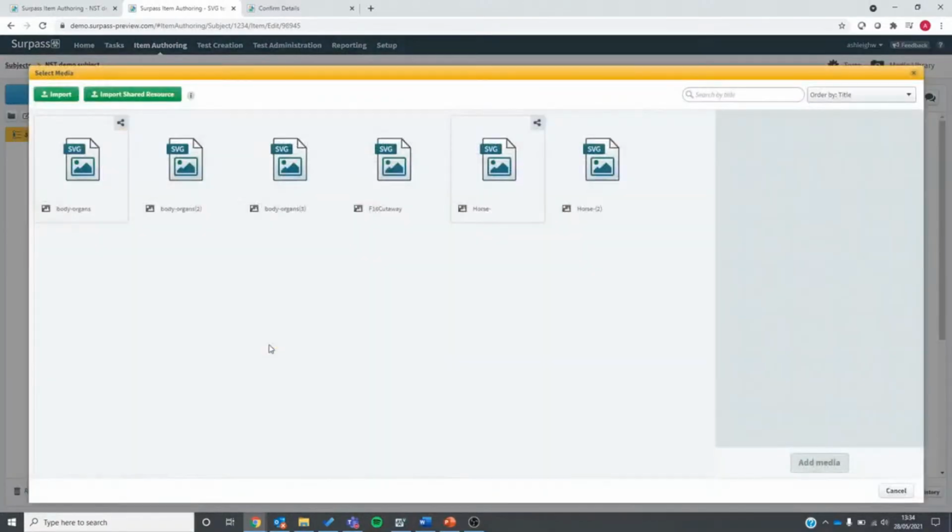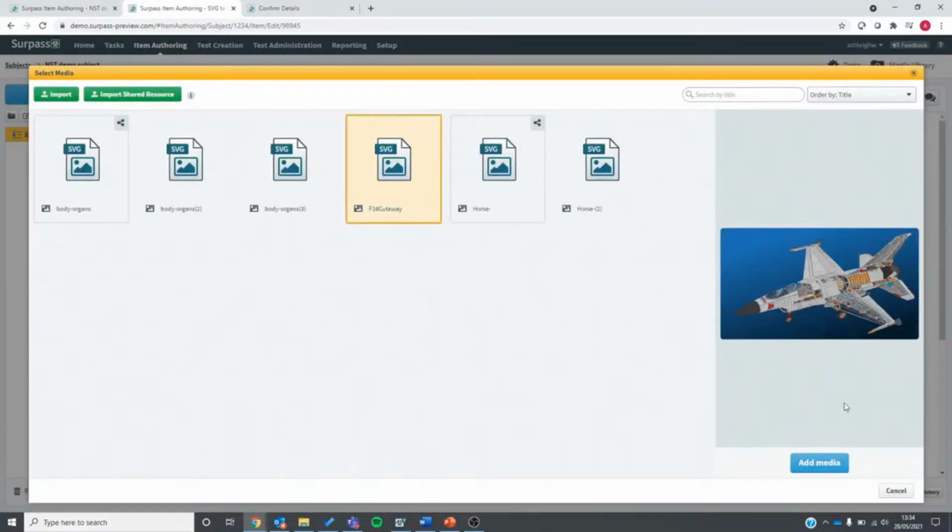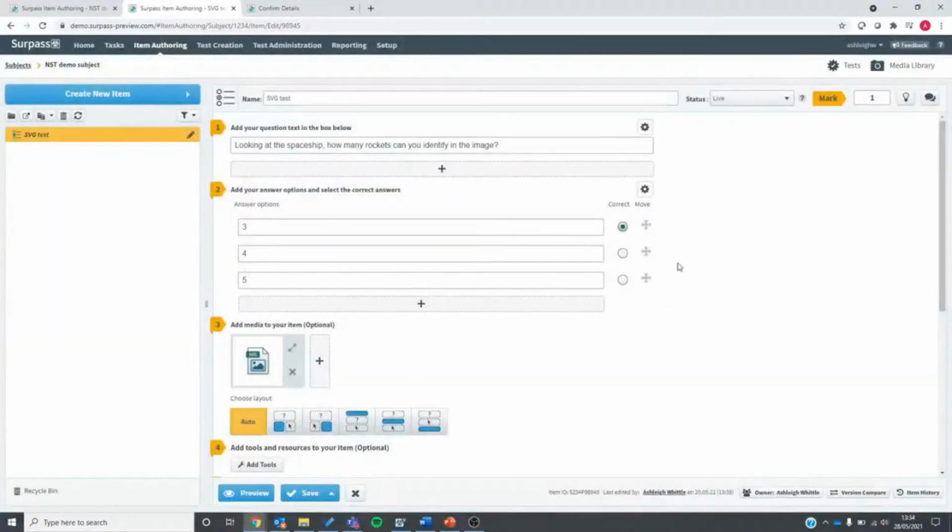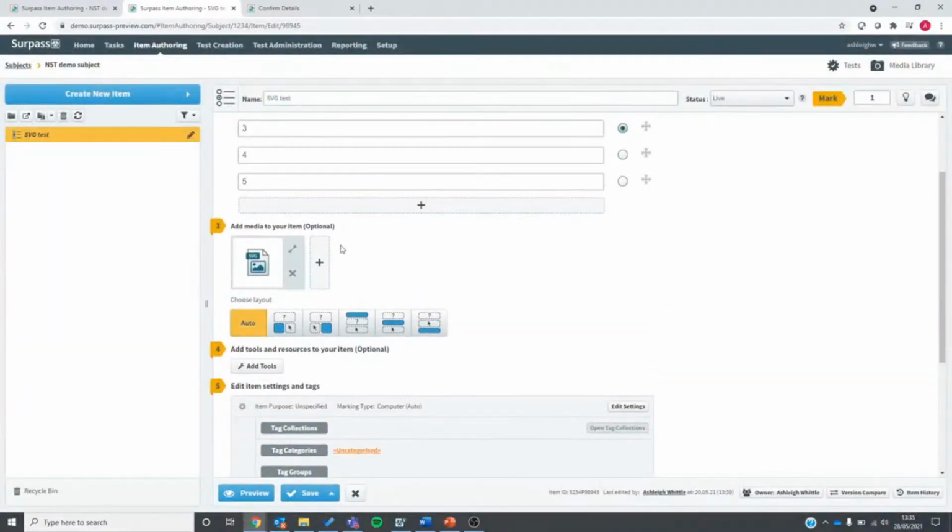So let me try and add an image here. I'll add the same one. Again, you get a little preview. Press add media. Now, once you've added media, you get some layout options. And if I leave it at auto, then Surpass will select the best layout based on the size of the media. If I had multiple